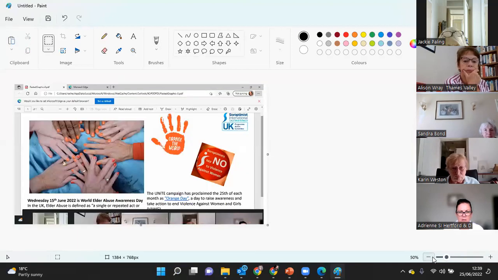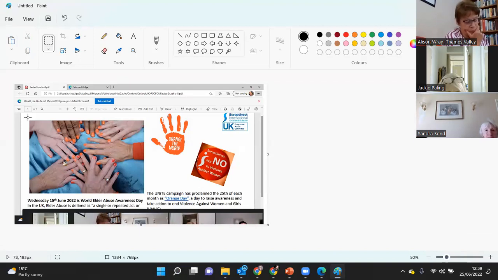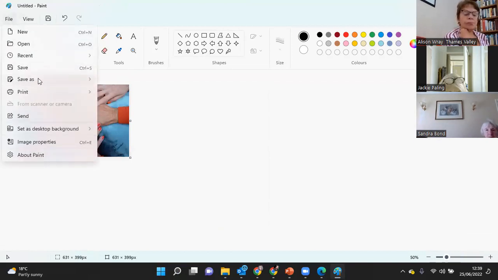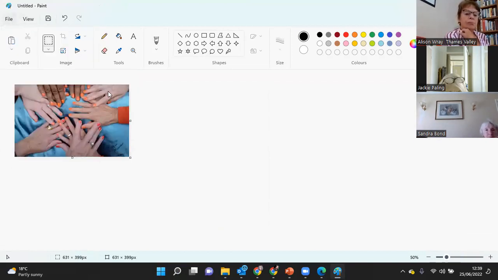So what I want is that image, but it wouldn't let me download it as it was. So I'm going to just trim it myself. It's a bit fiddly. And then crop. Save it to my laptop.